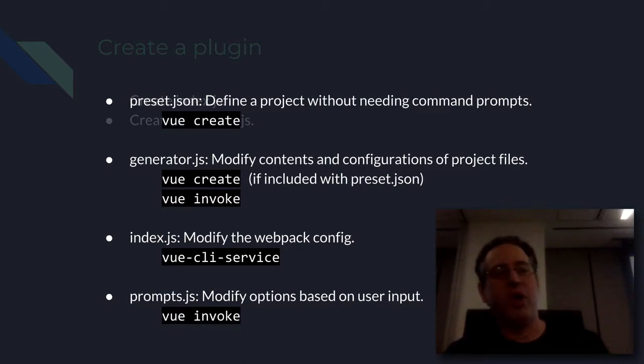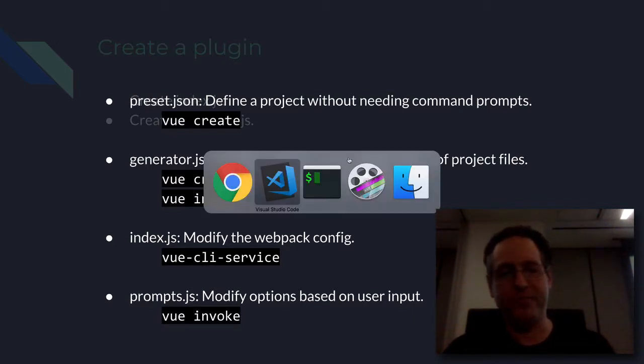According to the docs, it will only run on vue create if your plugin is included with your preset.json, as I showed you earlier. But what I've found is if the preset.json is in the root, the same package as your plugin, it will actually run on vue create, but it won't add the package automatically. So it's a little odd. I would recommend probably having that npm registry key in there just to make sure that it works properly. But I found that kind of odd. But anyway,